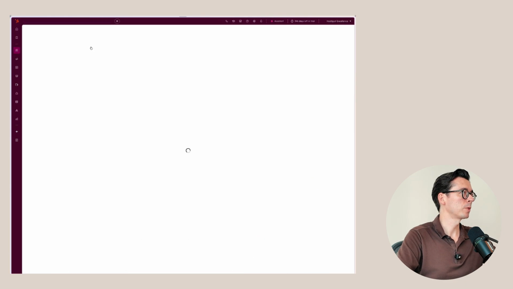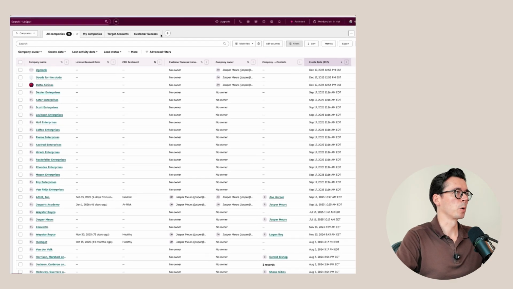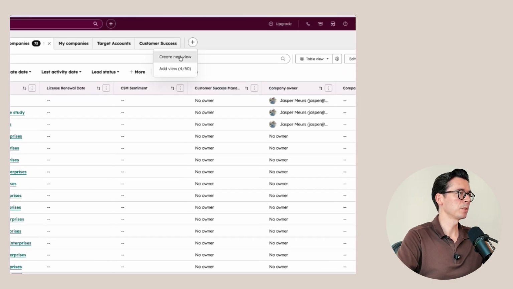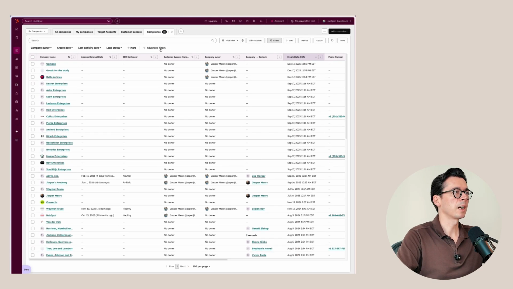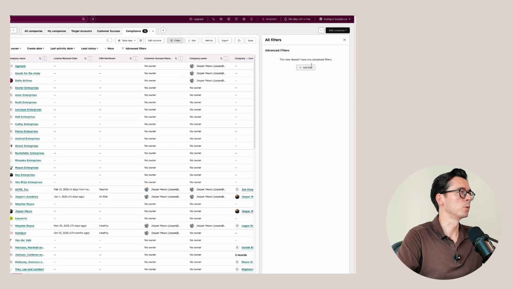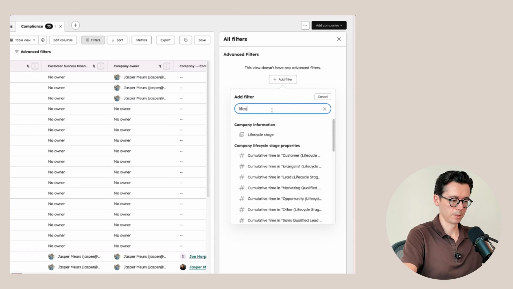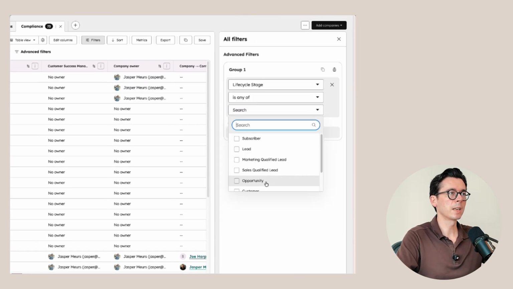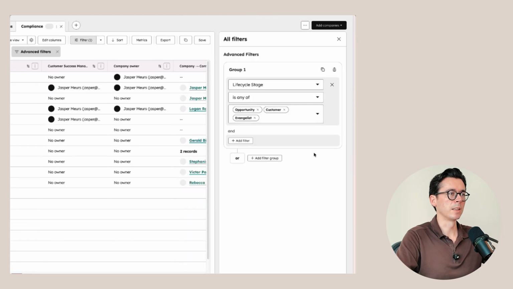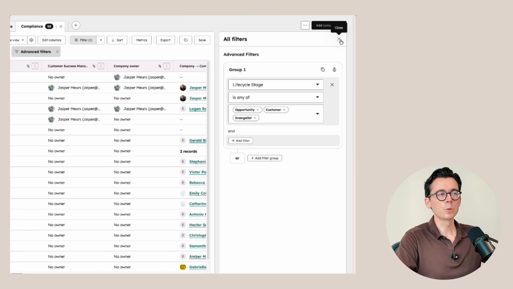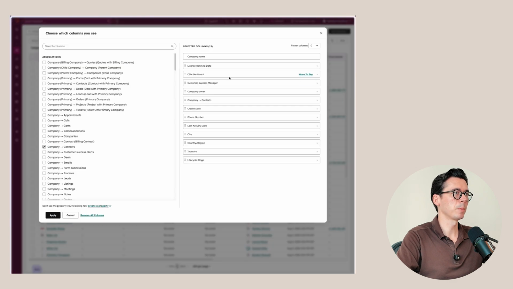Now for step number 3. We want to create our compliance view here. We click on plus, create new view. I do want this to be a table view for now, and we're going to name this compliance. Now, of course, you have 2 options. Either you can say, I want to create a filtered list where I filter on the lifecycle stage as